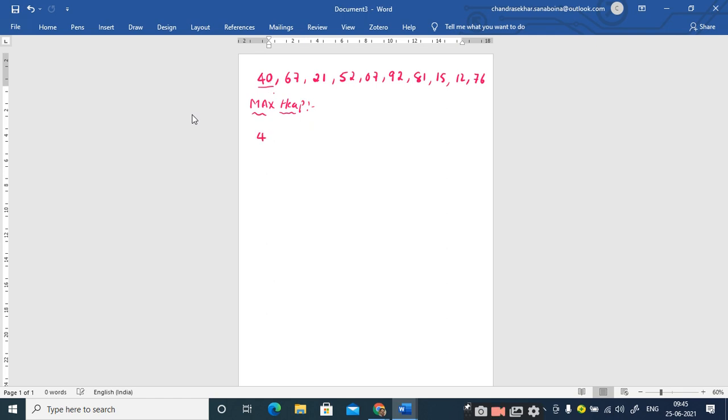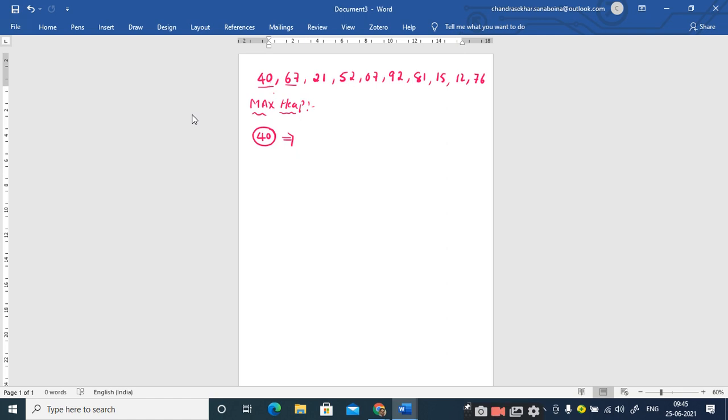So I take this like this. I fixed 40 as the root node, and then you take the second element and you apply the heap property. It's not heap property, structure property. You apply the shape property. What is the shape property telling us? What idea is given by the shape property? The new element should always be inserted from the leftmost position only, right?